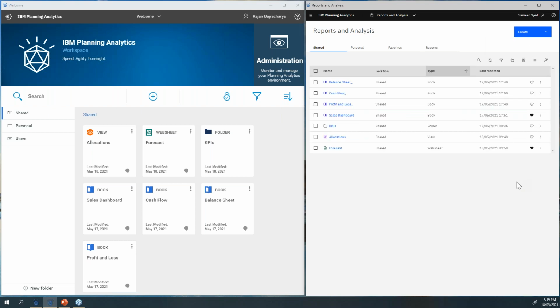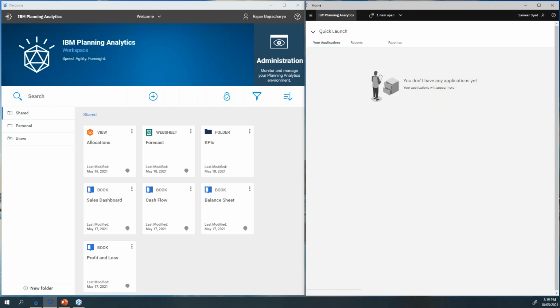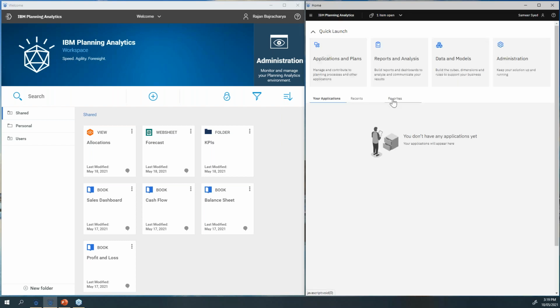Now, what this will help us with is, if I go back to the home page, and from the home page I click on the favorites, you can see here instantly I can have my own reports laid out in the way I want to see. Instead of seeing, for example, 50, 60 reports on your landing page, I can handpick, out of those 50 reports, maybe 5 or 6 which I use often. And that way you can set it up as favorites. And then from your landing page, you can access only those reports which you want to access. And you can customize this to have your own set of reports.